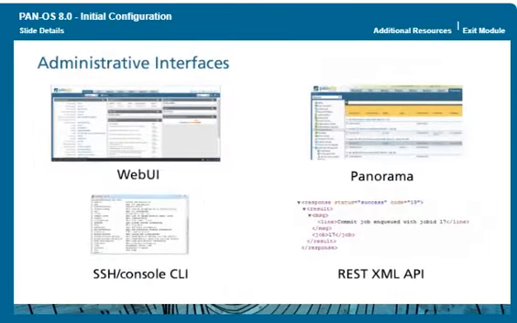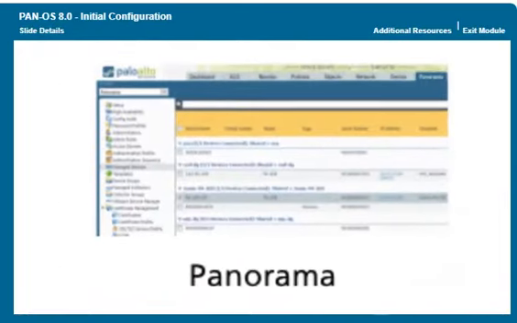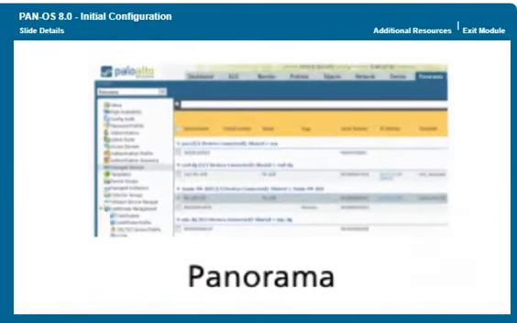The Palo Alto Networks firewall can be configured and managed centrally using the Panorama Management Server, the Palo Alto Networks Centralized Security Management System. If you have multiple firewalls deployed in your network, use Panorama to manage configurations, policies, and software and dynamic content updates. Panorama also will aggregate data from all managed firewalls and give you visibility into the information about all the traffic